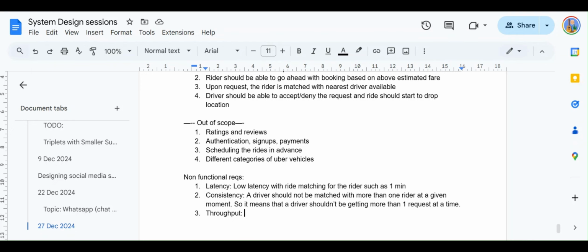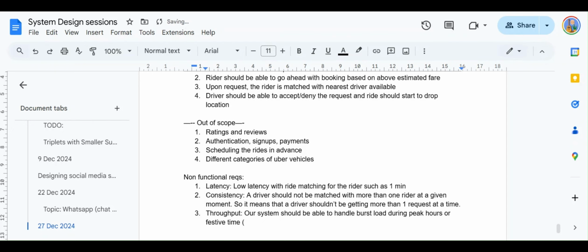So there can be 10,000 requests or even 100,000 requests within a short span of time. We call it a burst request, right? So our system should be able to handle burst load during peak hours or festive time. It can be during a festive time or during peak hours, any kind of thing.